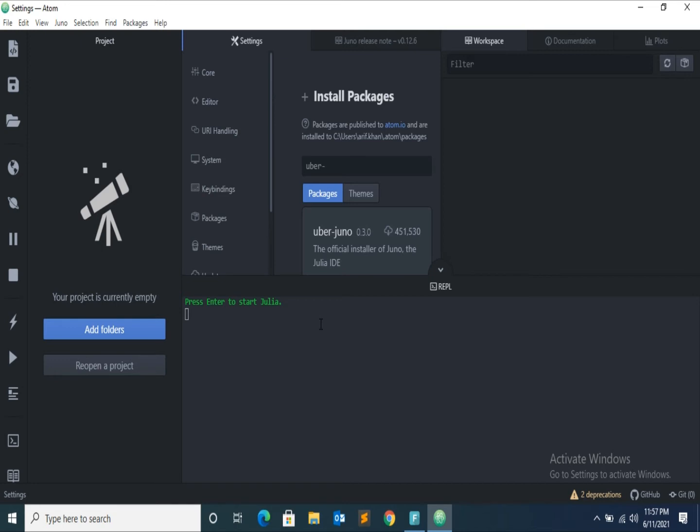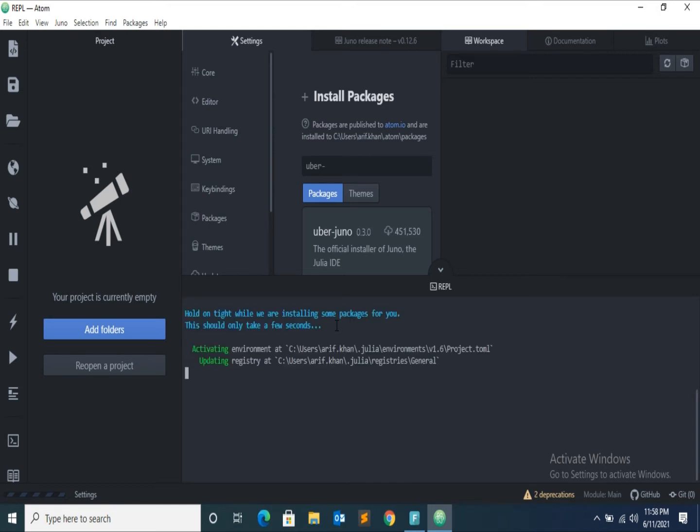It is installing the package. Now the package automatically installs Julia in the Atom environment. It is downloading Julia.